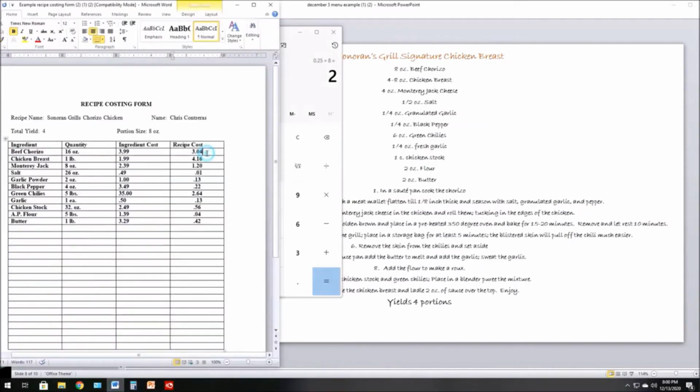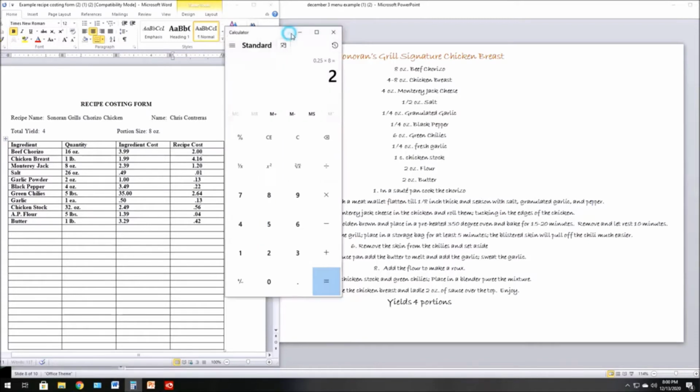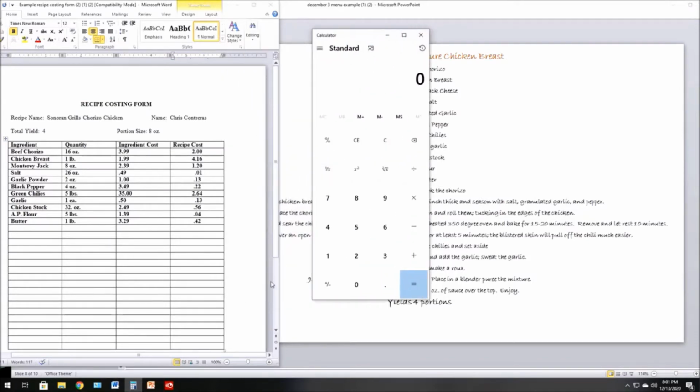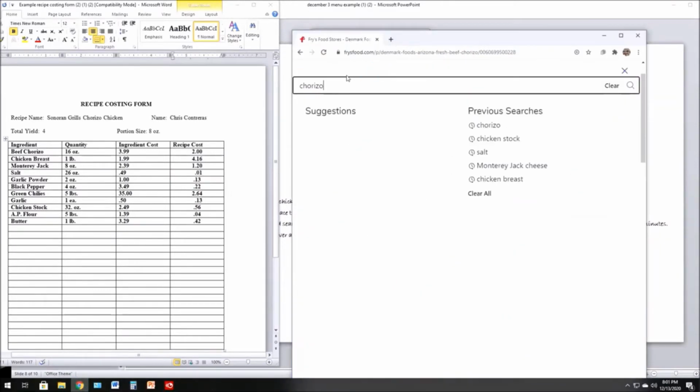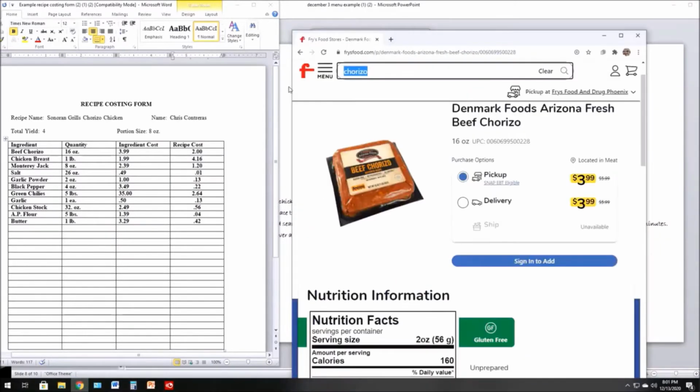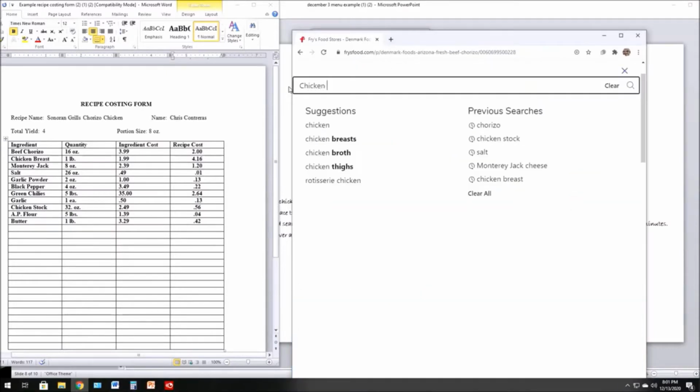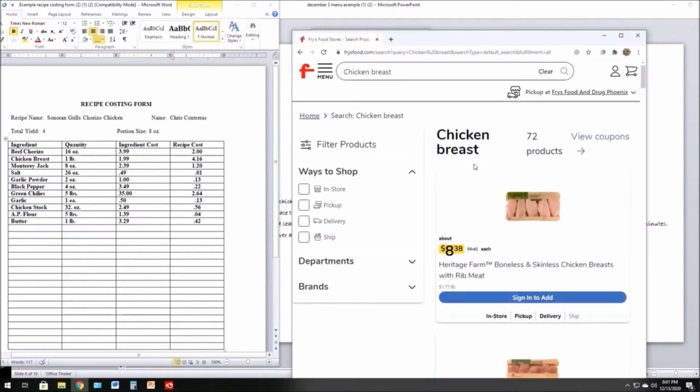All right. So we'll do the chicken breast next. As you can see here, I have it at $1.99 for 1 pound. And again, we'll see if the price has changed, which I believe it has. It's actually cheaper. So we go to the website, we type in chicken breast, and we see that it is now $1.77 a pound. So don't worry about the $8.38 because you're going to have to cost out by the ounce. So it's now $1.77